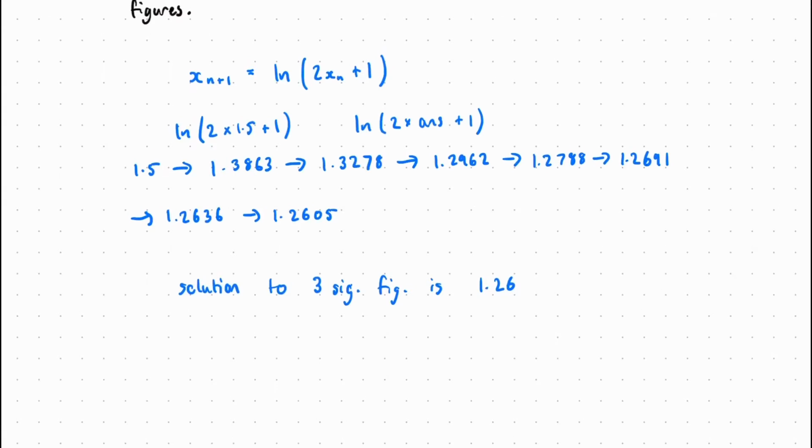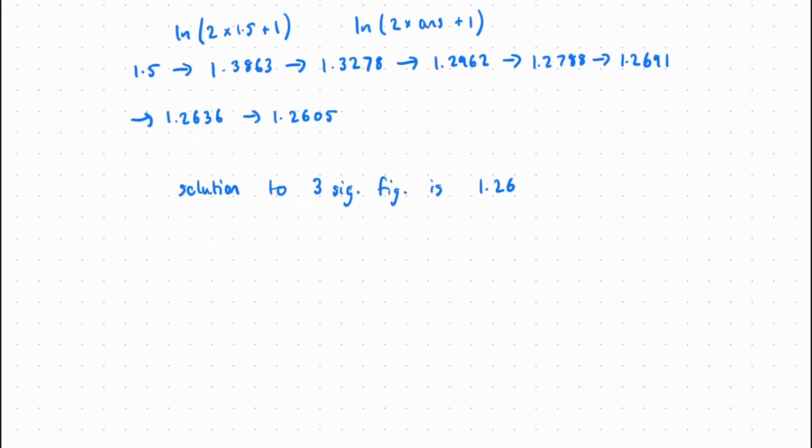1.26. We can then prove that the root beta is 1.26 to 3 significant figures by using our change of sign process from part A and taking the upper and lower bounds, which would round to 1.26, substituting it in and showing that there's a change of sign between those two values. So we're going to do that quickly now. So I'm going to do f of the lower bound,